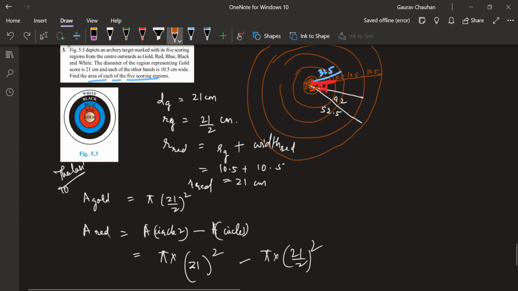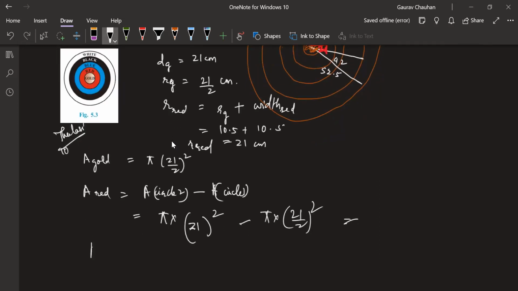Now, in which area will you get 80 points? That area you have to find. That's why you have to subtract the inside area from that. Okay with that, Deepak? Everyone followed this part so far? You will be able to calculate this and find the area. You'll get something as area of red.